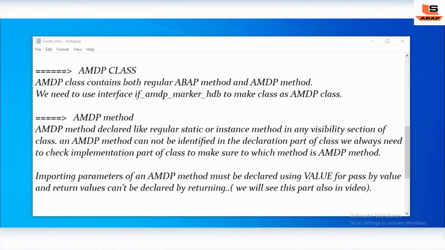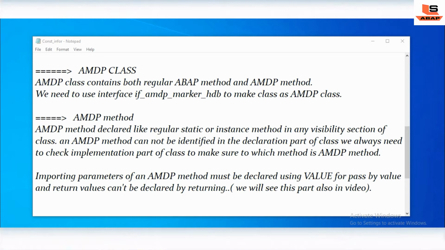Now what is an AMDP method? An AMDP method is declared like a regular static or instance method in any visibility section of a class. An AMDP method cannot be identified in the declaration part of the class, so we always need to check the implementation part of the class to make sure which method is an AMDP method.